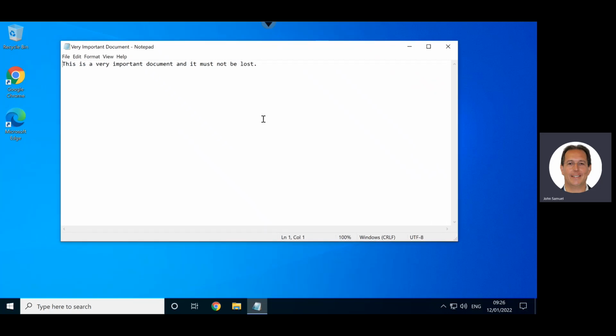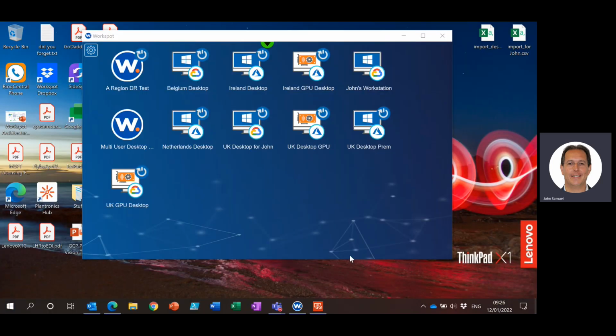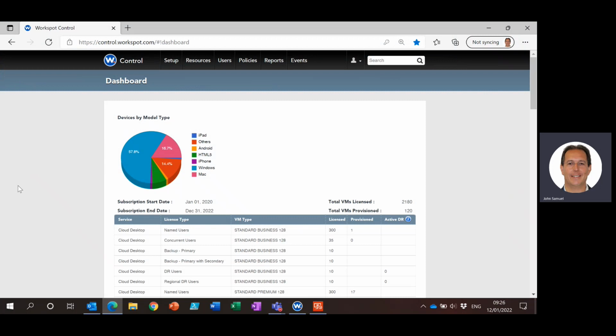So that's on my cloud desktop. This is the user's experience. Okay. So I'm going to minimize this at the moment, and I'm going to go over to a browser. And here I've signed into Workspot Control. Workspot Control is the IT administrators portal for the actual